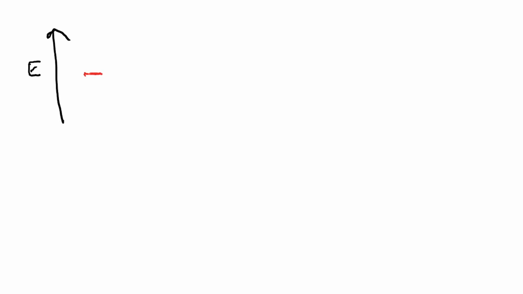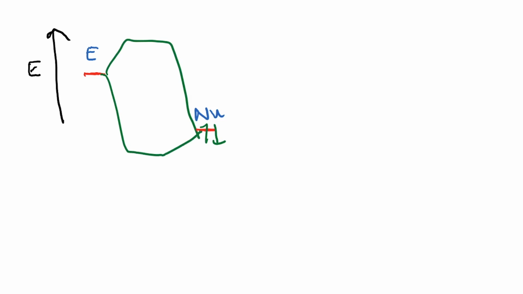So let's say the electrophile is over here and the nucleophile is very stable. There's a huge gap in the energy. Okay, so this is the electrophile and this is the nucleophile. So imagine that this is going to be the kind of gap that we're looking at. So the nucleophile, as we discussed, has a pair of electrons, right? And the electrophile is going to be an empty orbital. And now when you draw the molecular orbital picture, you're going to see that it's going to look something like this. Okay, so your pair of electrons is going to be here, and let's assume that this is a new sigma bond, this is going to be a sigma star, and so on.